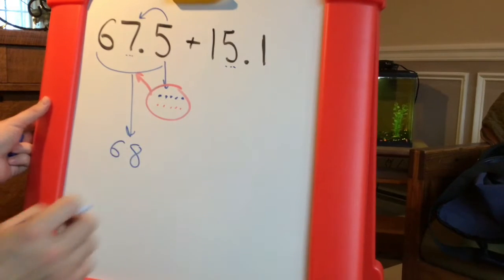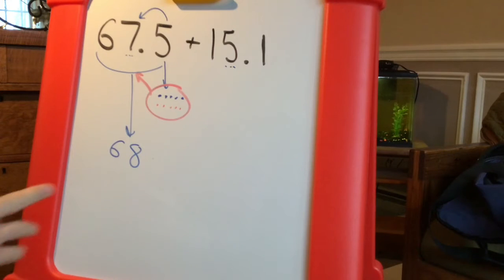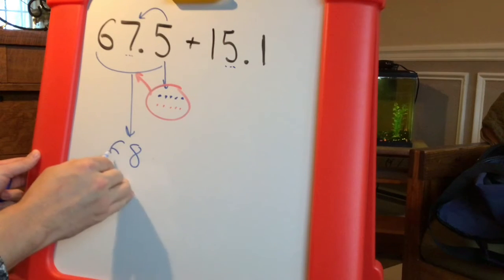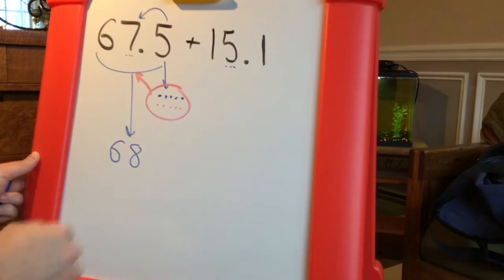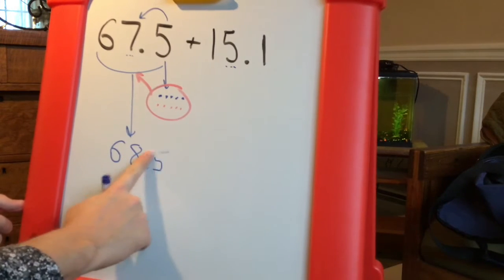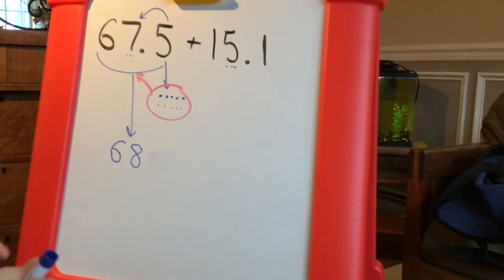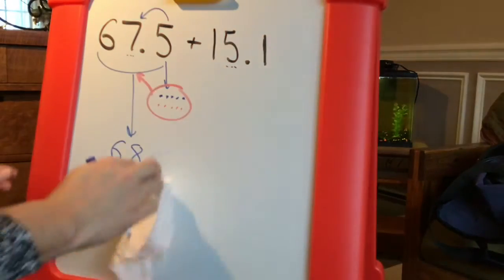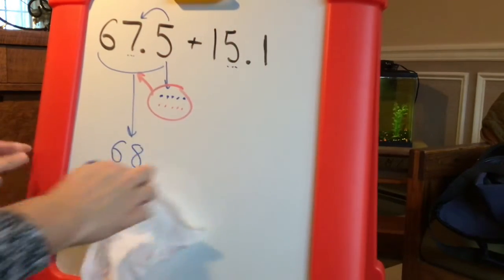All right, so that whole thing will now become 68. And I think by now you're realizing that when I estimate, I don't have to use the rest of the numbers. I don't have to write 68.5 now. No, we've already used that, so we're not going to continue with it. Right, now let's do the other part. So we're going to add 68